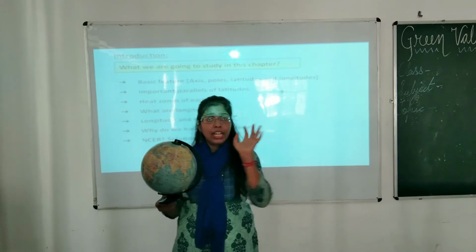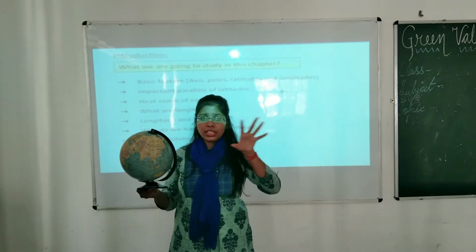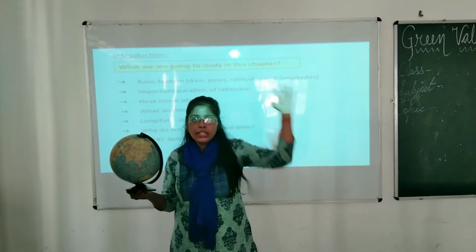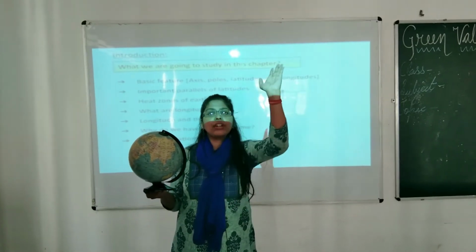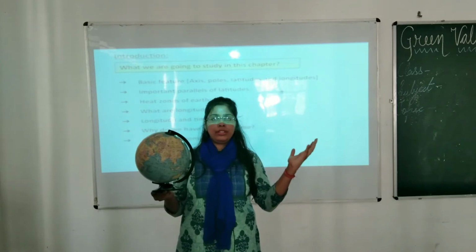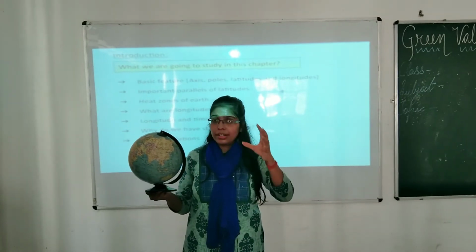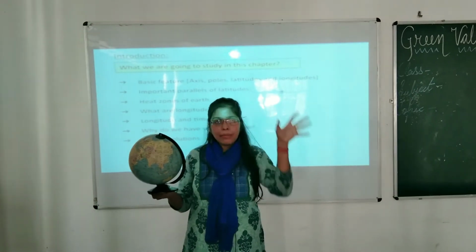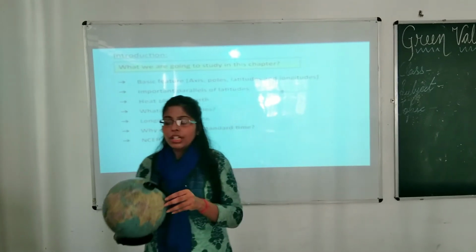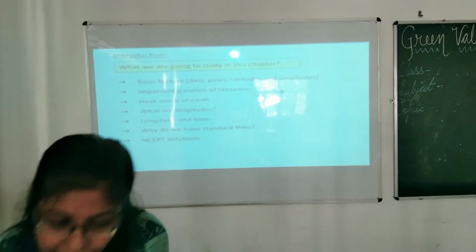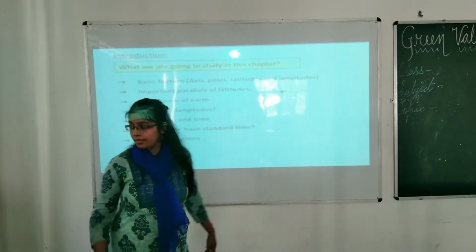Remember the term imaginary. Everything is imaginary here. No such thing occurs. Don't go and find where the imaginary line is passing on the earth, where the axis is. It's all imaginary, students. First of all, try to relate it to just an imaginary line, just to explain to you all. Don't try to search for it. So let us see next.